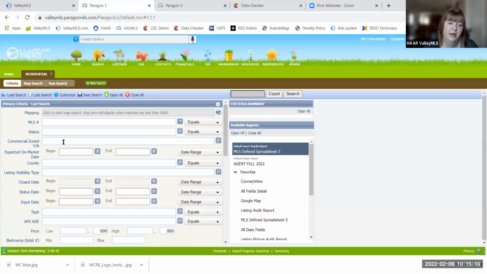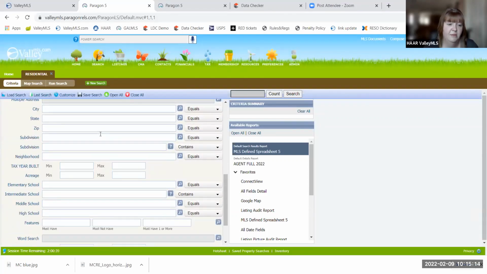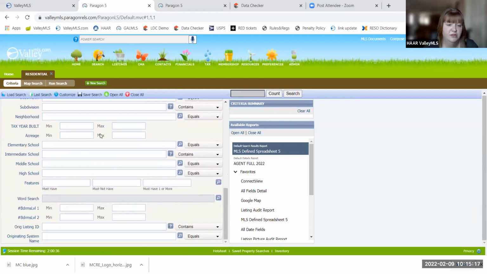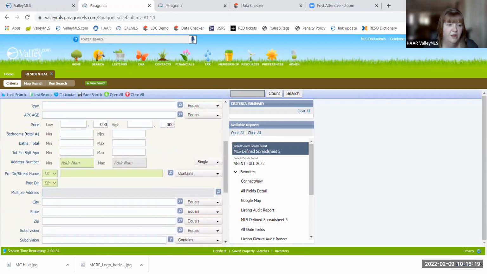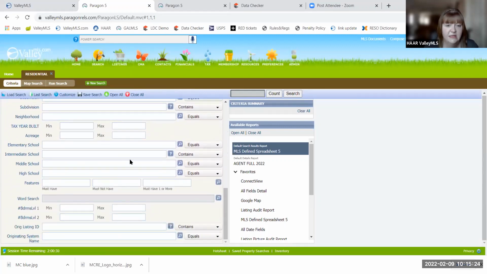The other thing I want to point out to you on this search, if we scroll down, and mine might look a little different than yours. There are schools. Oh, look, mine are not all on here. Mine hasn't updated to the default because I have one saved. But I do want to point out, and when you look at your search, you may see something different because we did update the default search based on the data share. We're going to talk about that later, but the data share is the residential listings that are coming over from the Birmingham market, the greater Alabama MLS.